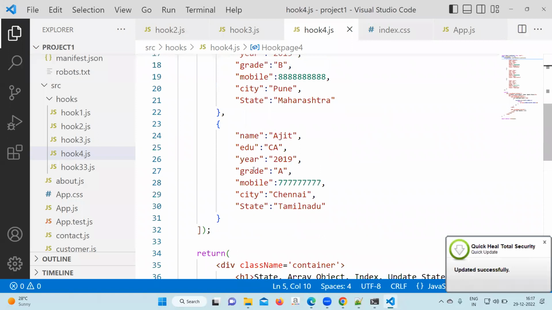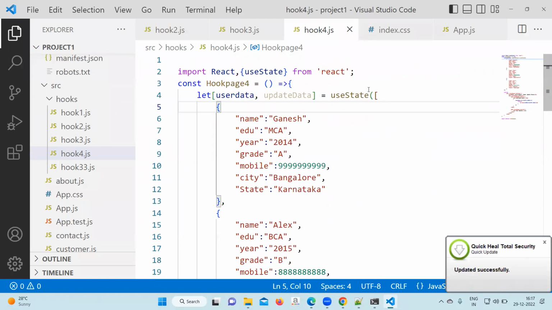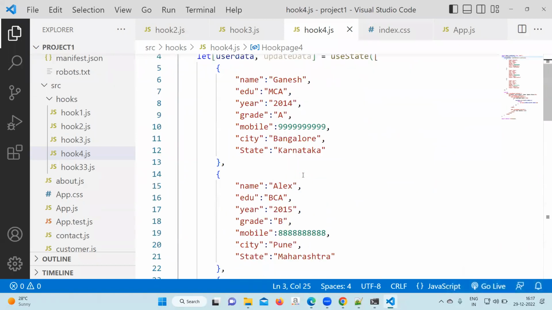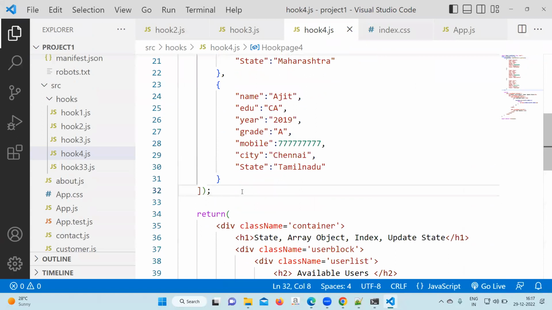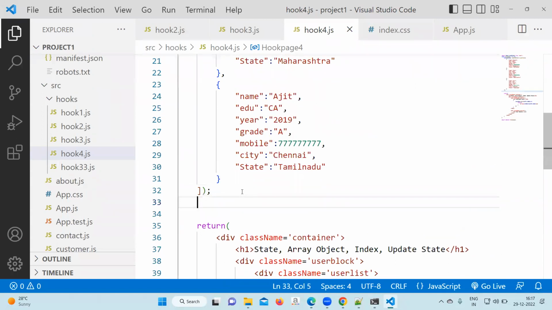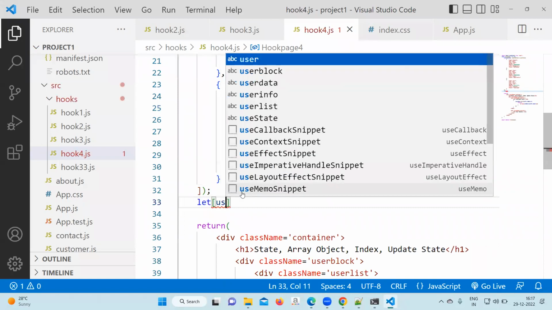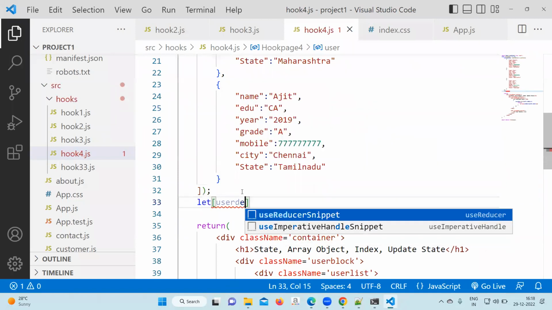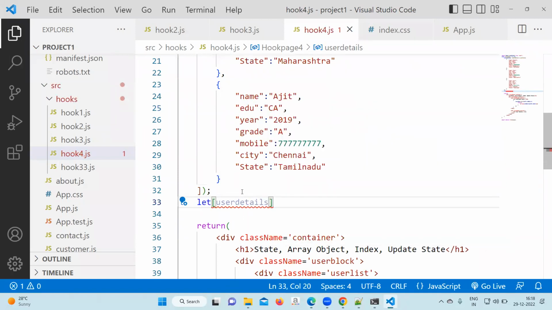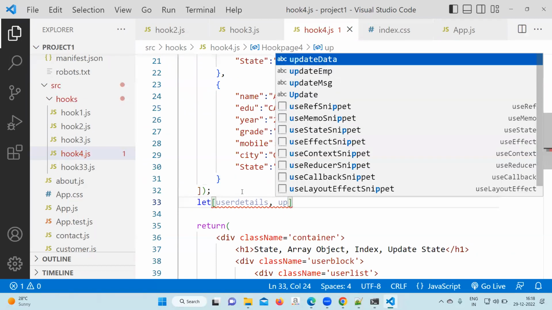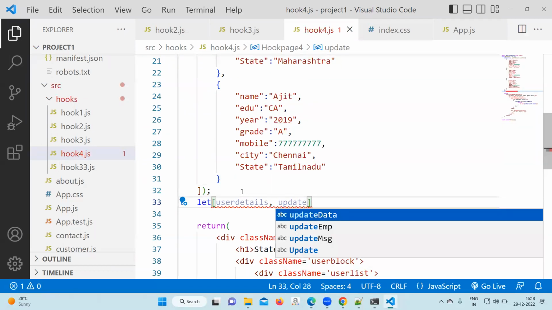First create one more state variable. Let user details, comma, update details